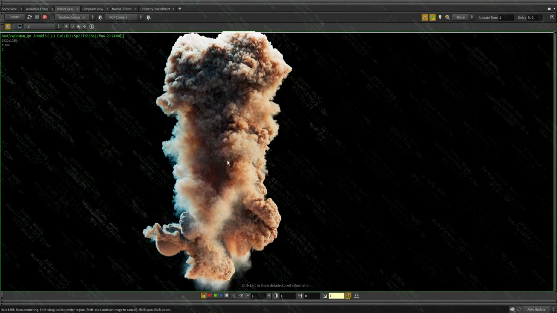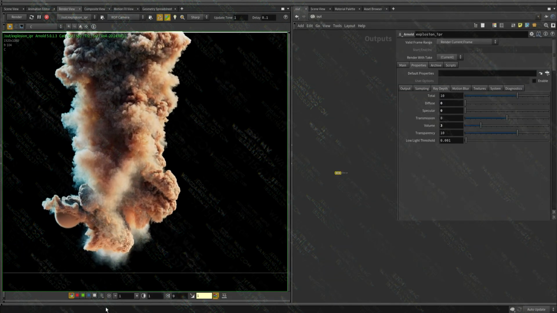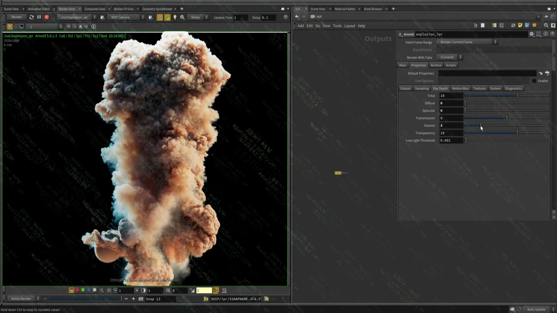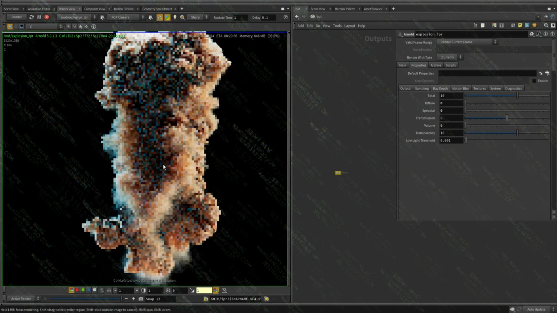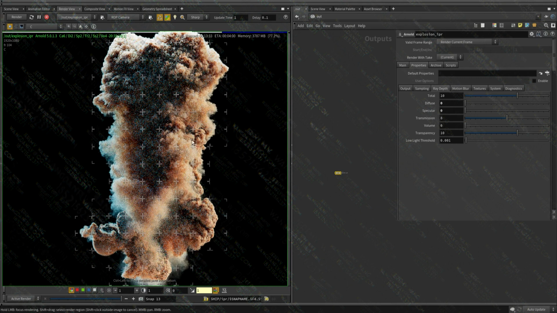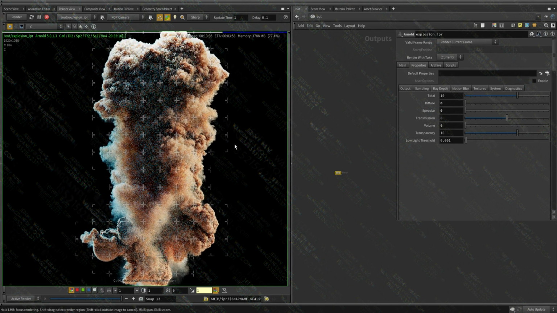Okay, let's do another quick test. Two things I want to test. I want to test having the indirect off, so I'm going to set this to 0, and we should see it rendering much faster, because the most expensive part is the indirect. Direct volume is really, really fast with Arnold, and that's how I render most of my volumes. But indirect is required for the fire, and we'll talk about how to work around that.